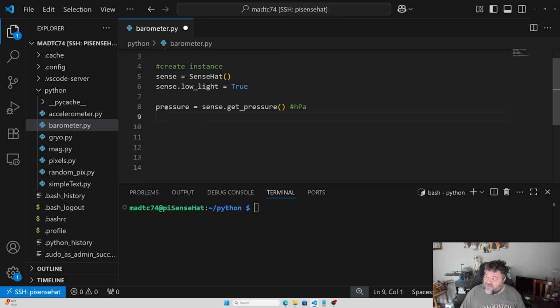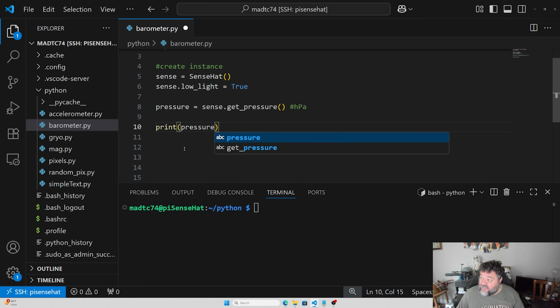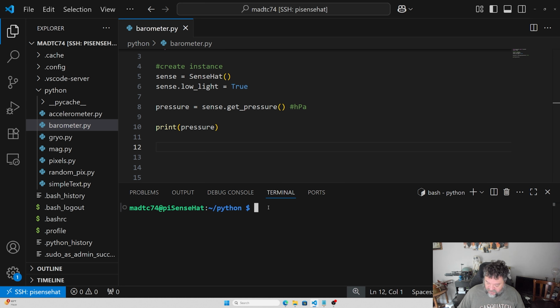We just put the pressure in the variable called pressure. So let's print that out. If I do print(pressure), that's going to print the pressure out for me. So if I go ahead and hit save, I can actually run this,